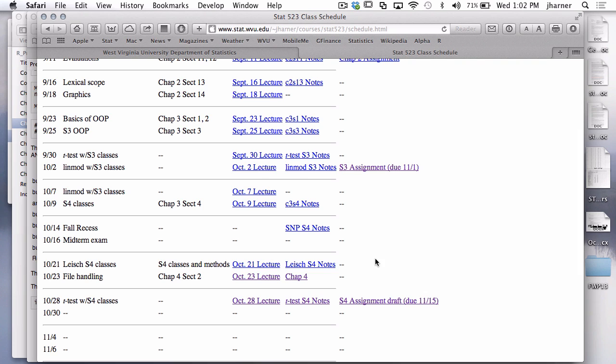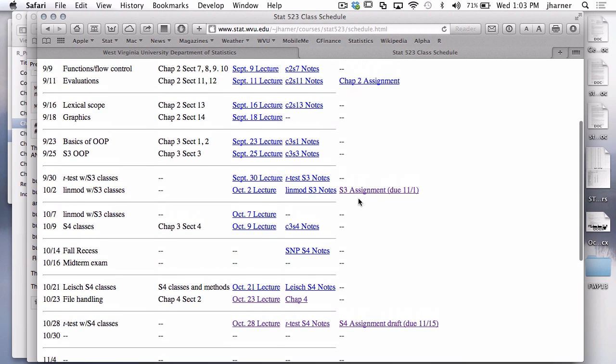Looking at the two assignments, one which is due this Friday, if you think in terms of S3 classes, it's a translation you have to do in your mind to go from an S3 class to an S4 class system. I think once you figure out the S3 class system, going to S4 is not so difficult. But in terms of this assignment 3,